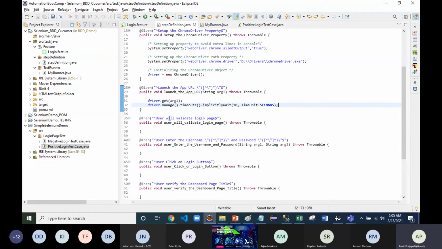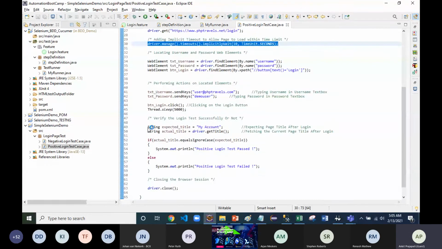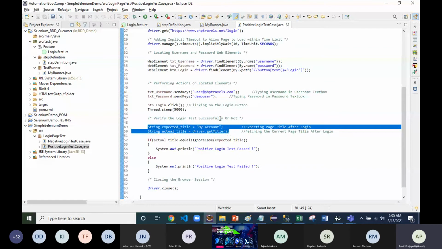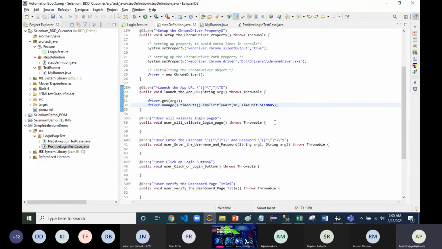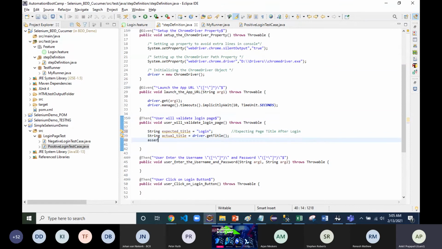Then it says user will validate the login page, right? If you want to do that, you need to validate the login page title. So how can we do it? Okay, let's do these things. We're going to copy this one, and the login page title should be login first. It says login page title should be login, and I'm going to use the assert, simple assert